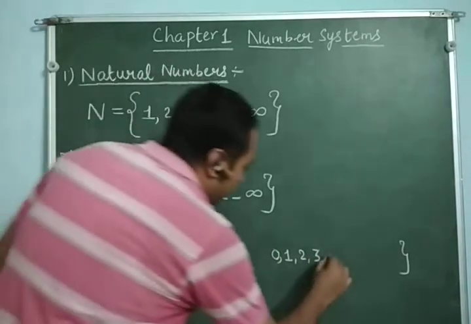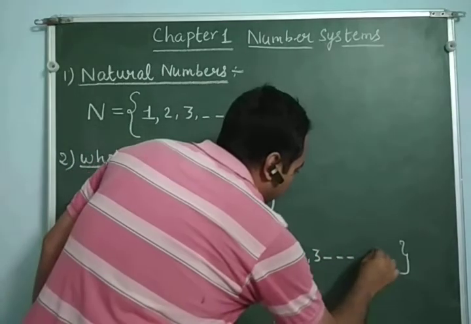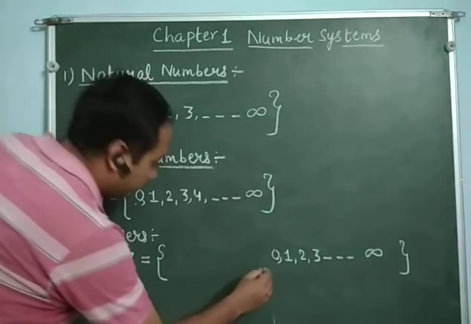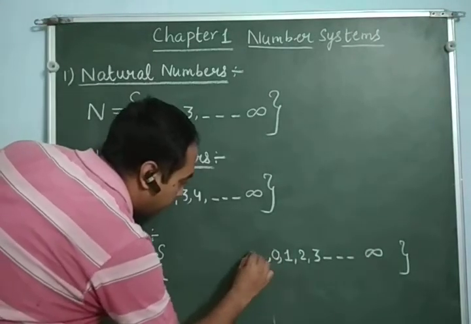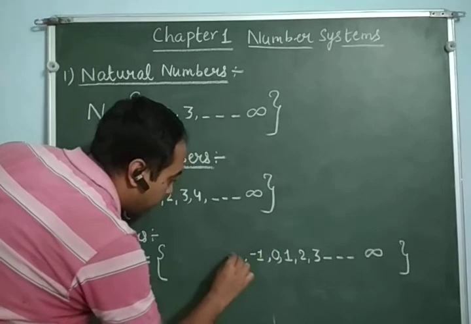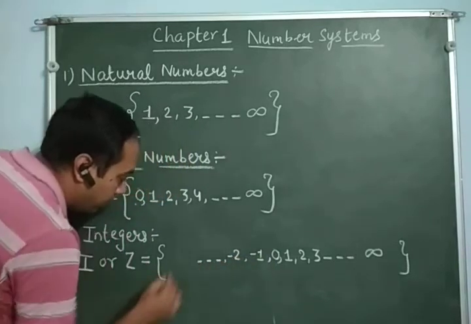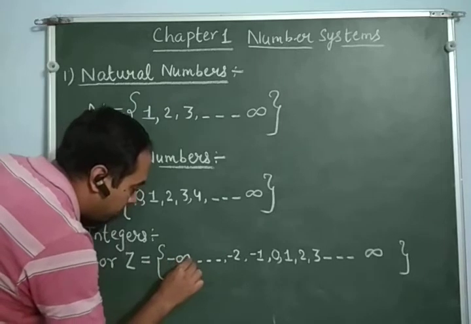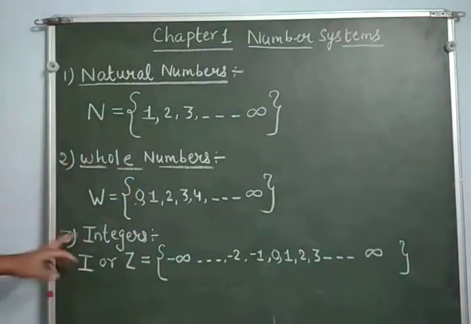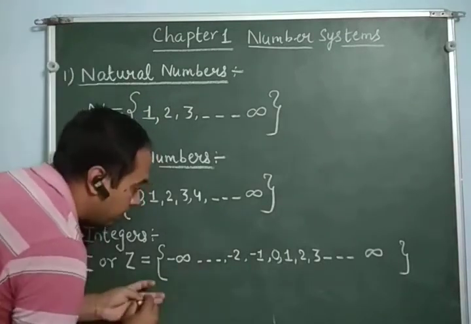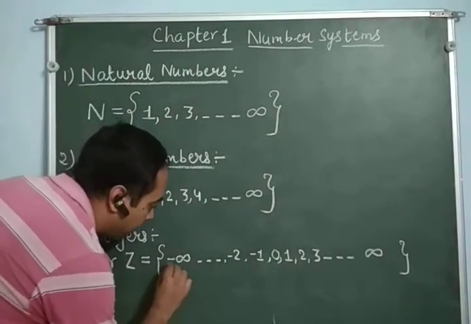Then I will put 3 dashes over here, and in the end I will write infinity. To the left of 0 I will write negative natural numbers -1, -2. Then I will put 3 dashes over here, and over here I will write -infinity. So what I have told you is that, you can see over here, this is the collection